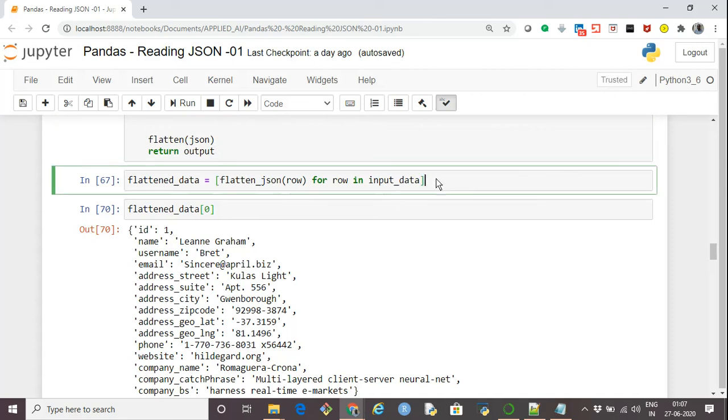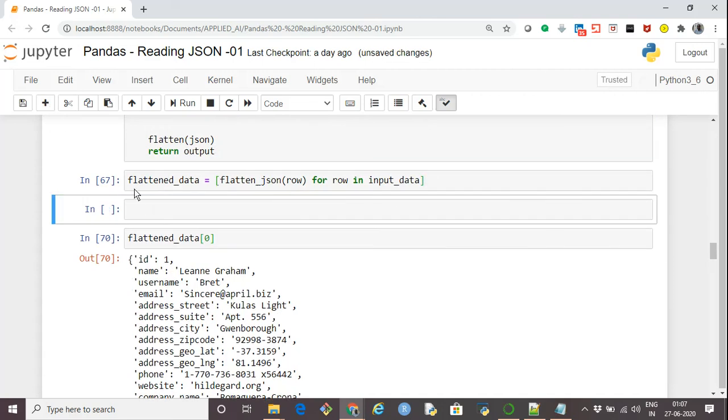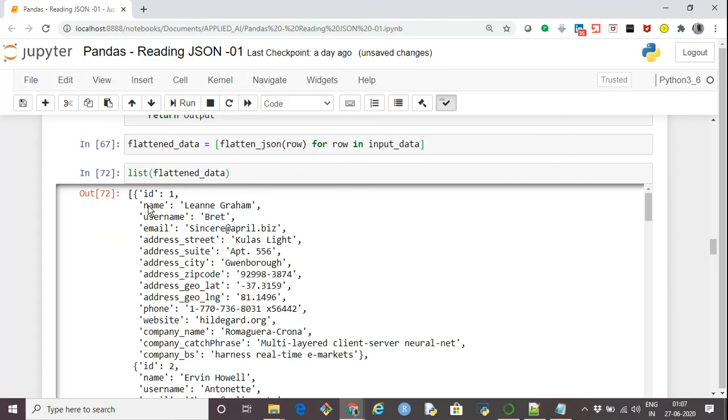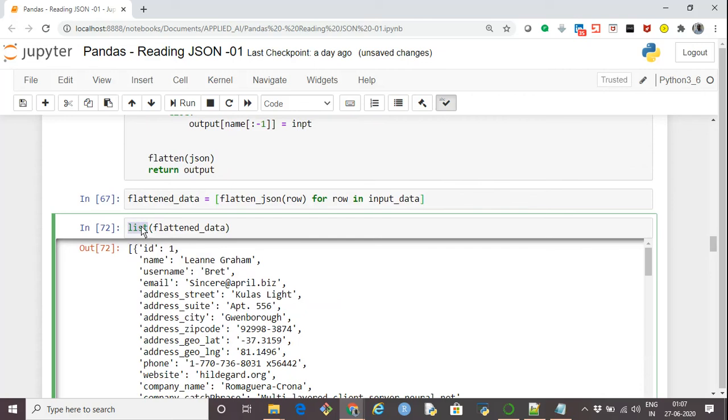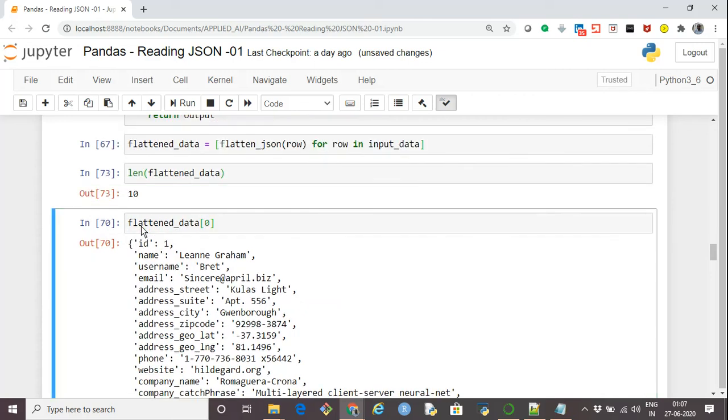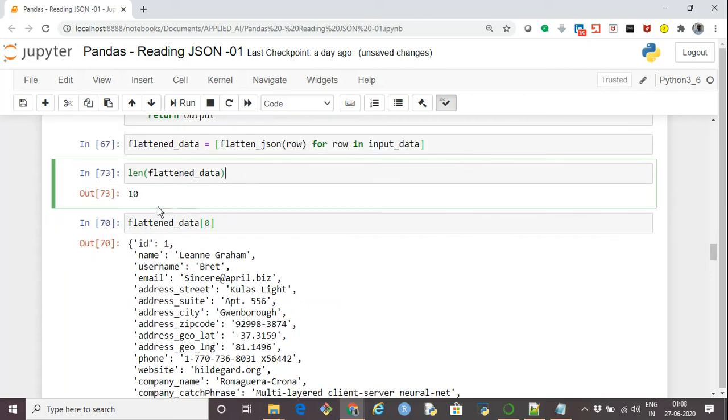It has 10 records, the same as we had earlier.